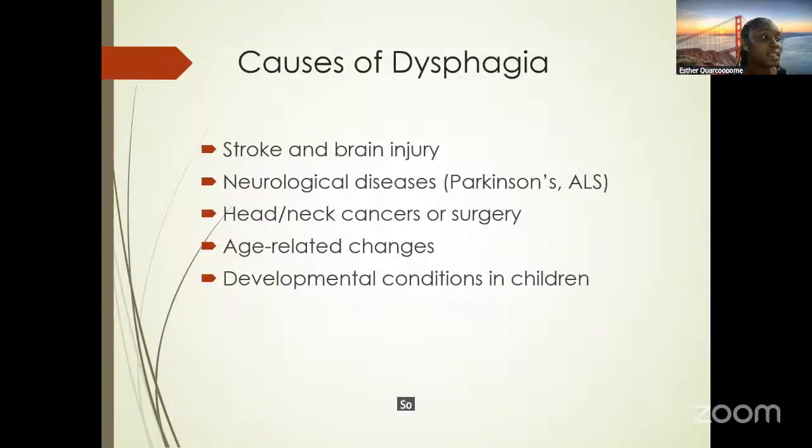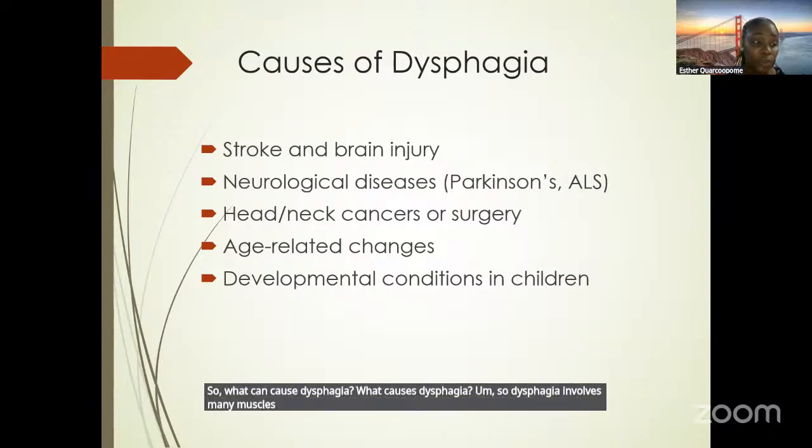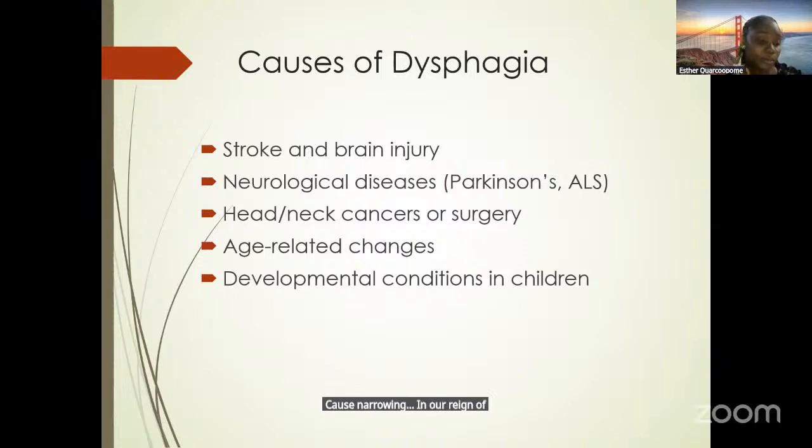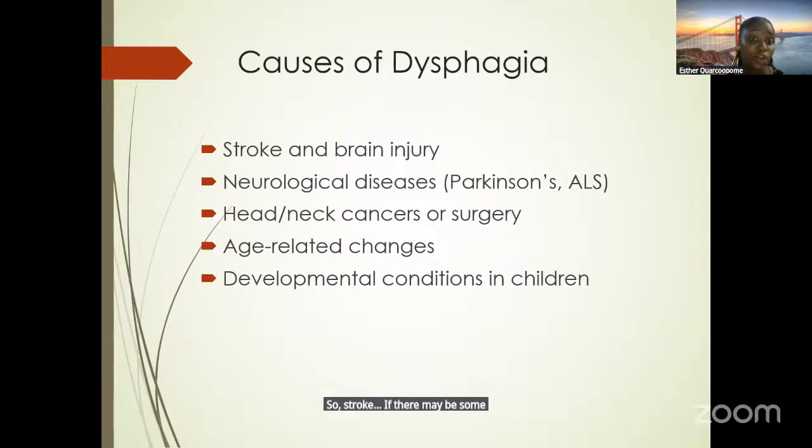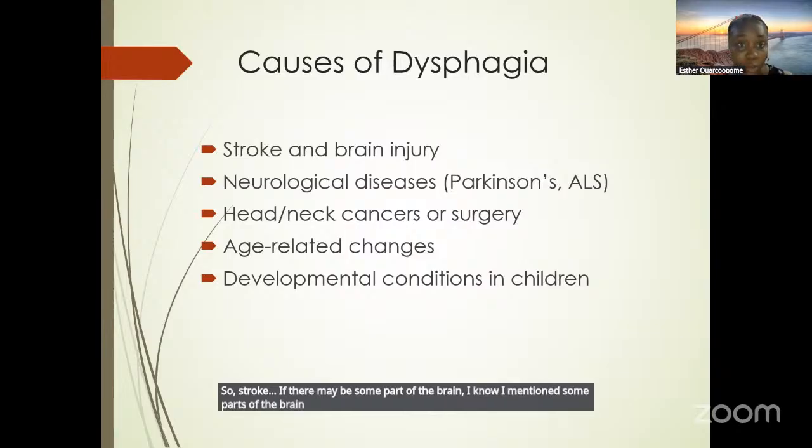So what causes dysphagia? Dysphagia involves many muscles and nerves, as we talked about earlier on. So any condition that weakens or damages these muscles and nerves, or causes narrowing of the throat, which is the esophagus, can cause dysphagia too. Some examples, we have stroke and brain injury. And we know that stroke is the damage in the brain where there's an interruption of blood supply. If stroke damages some parts of the brain, and I mentioned some parts of the brain that are involved in swallowing,